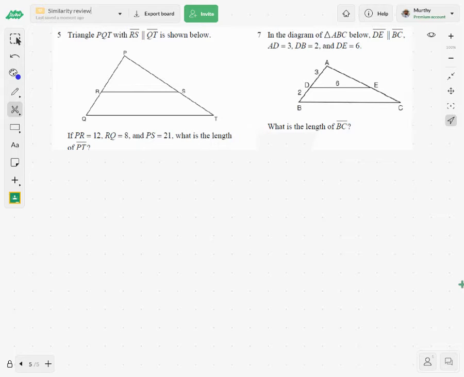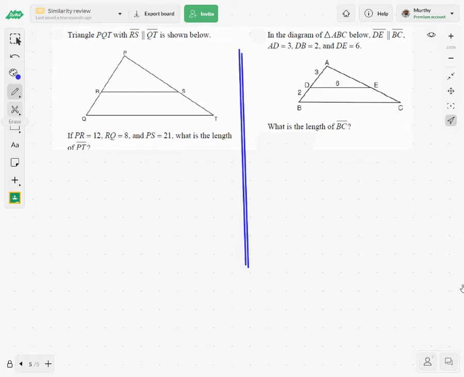In today's class, I'm going to review the similarity concepts. I know that most of you are having trouble establishing a proper proportionality. Okay,